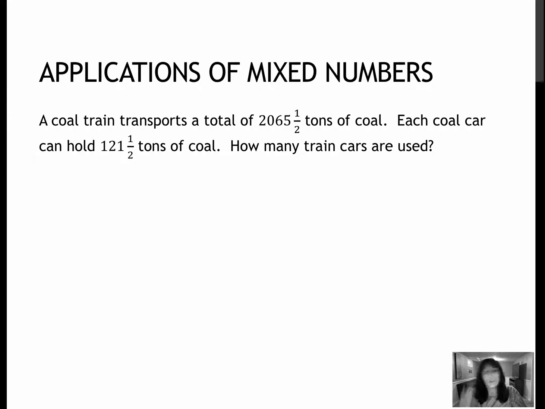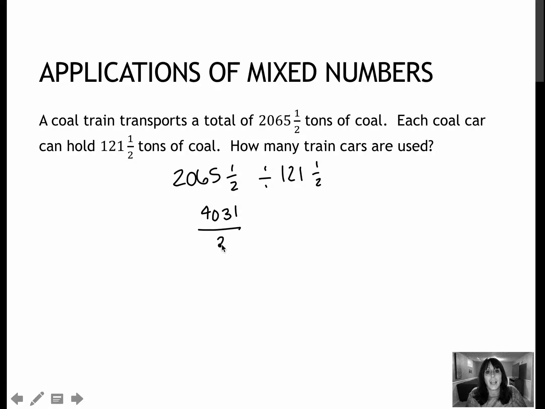So if we're trying to figure out how many times 121.5 goes into 2,065.5, we're going to have to do some division. So the original question would be 2065.5 divided by 121.5. Well, obviously we've got some mixed numbers here that we need to turn into improper fractions. So 2065 times 2 is 4,030, plus that 1 is 4,031 halves. And this is divided by